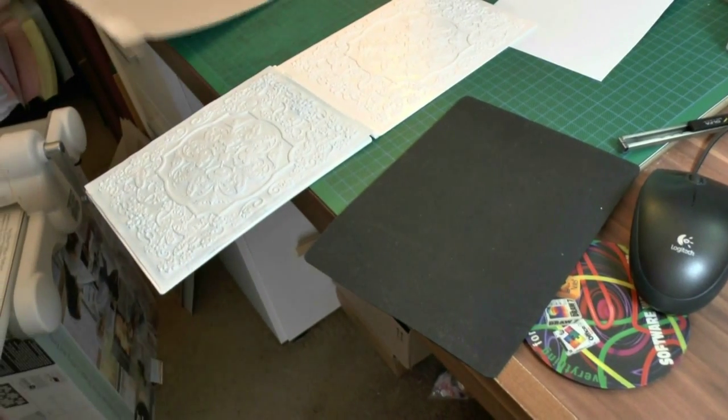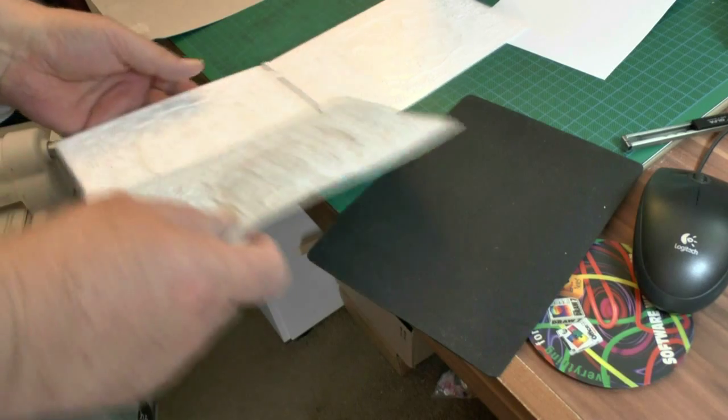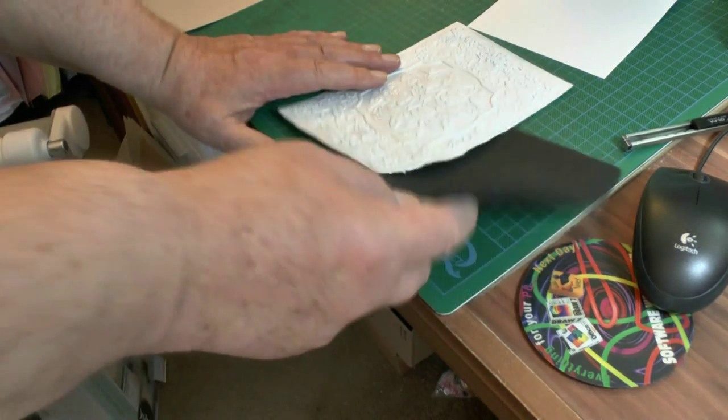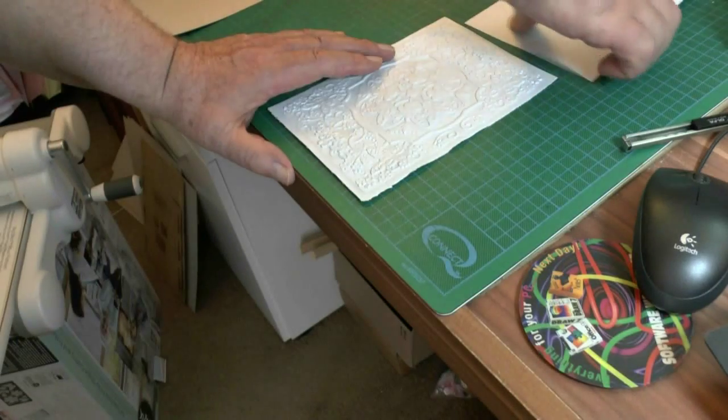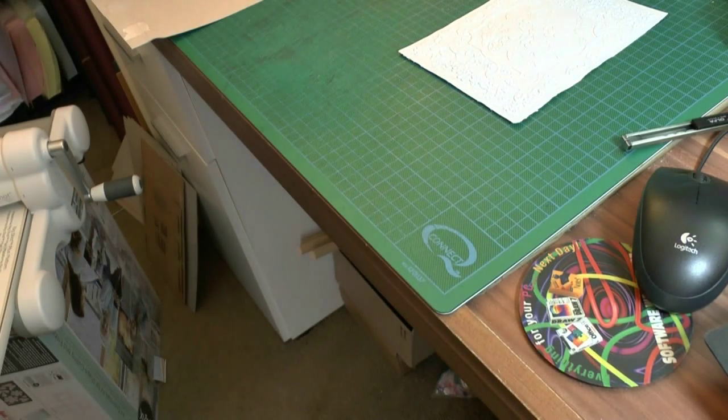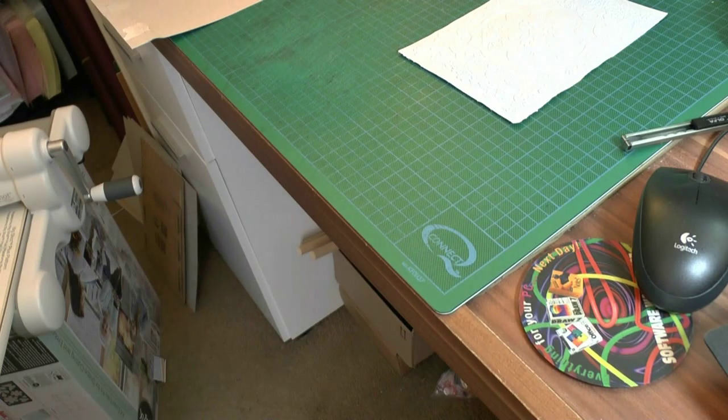And I'll show you some of the other things that I've done. So you can see it does a beautiful cutout there. And I don't know anything about these yet. I've just got them. I've got no idea what you do or how to make cards. I'm watching somebody called Christine. I think she's absolutely smashing. She's a lovely person. And these are a couple that I did earlier,